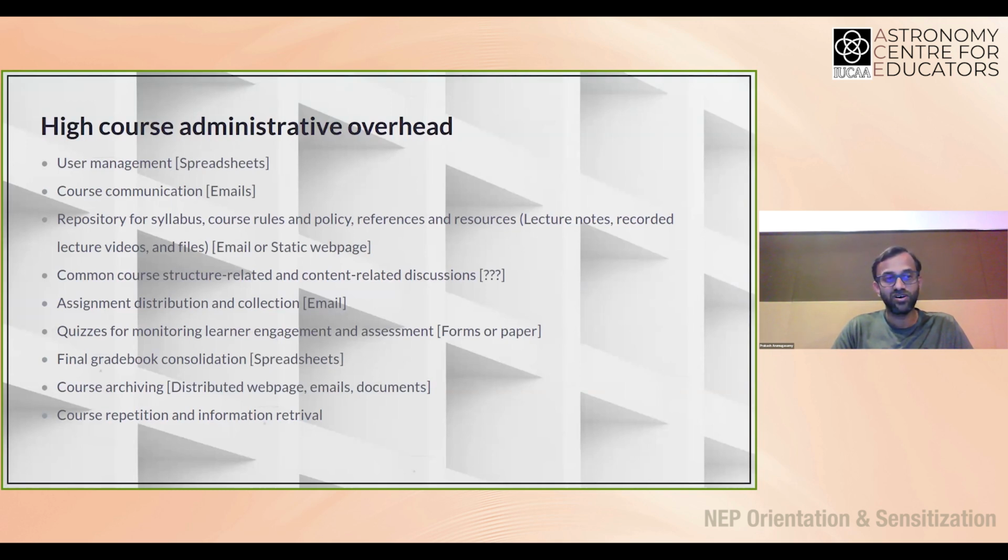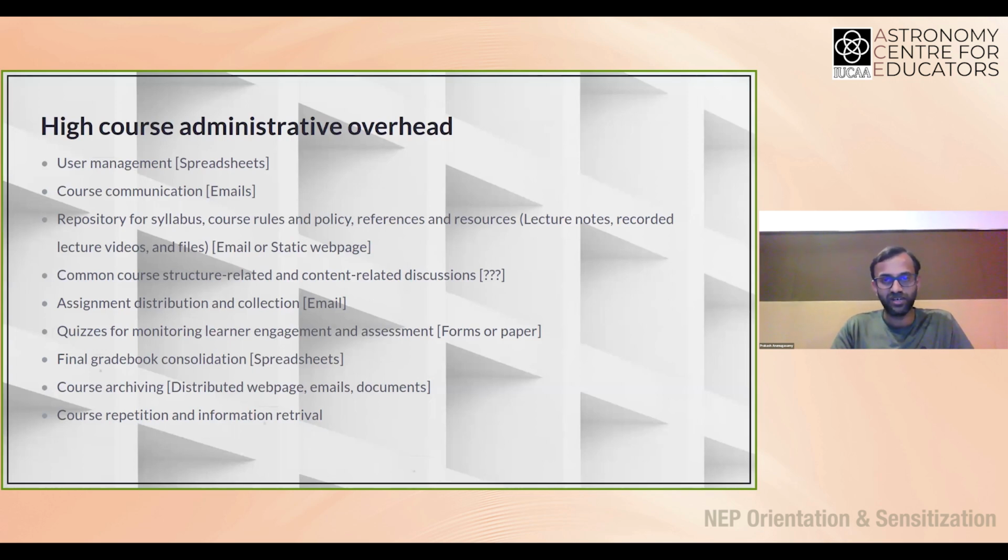If there is not a tool available that can take care of all of these, you would use spreadsheets for user management, to maintain a list of learners and keep track of various things related to them. You do communication and sharing of resource material through email. Depending on how the course is structured, you may or may not have specifically designated areas for discussions.